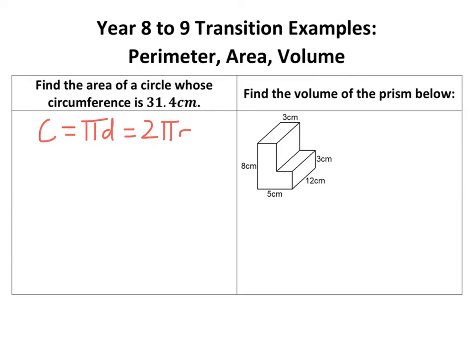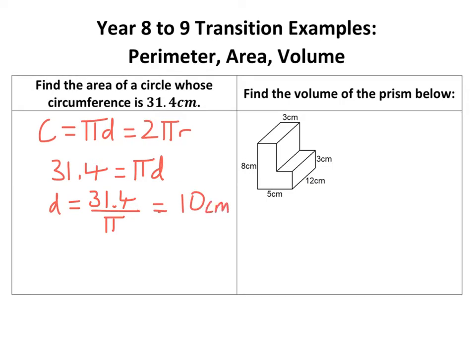Okay, so we know that 31.4 equals pi times diameter. So therefore the diameter is going to be 31.4 divided by pi, which actually when you put it in your calculator gives you 9.9949. It's essentially 10, if you're going to round it to the nearest centimetre, or even to 1 decimal place. Okay, so diameter is 10, which means that the radius is half of that, and so the radius is 5